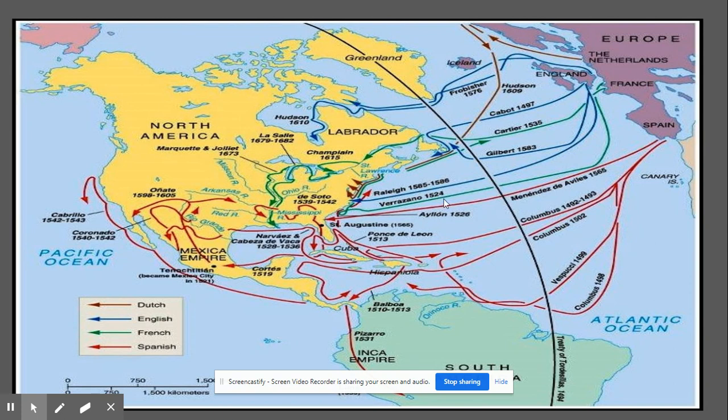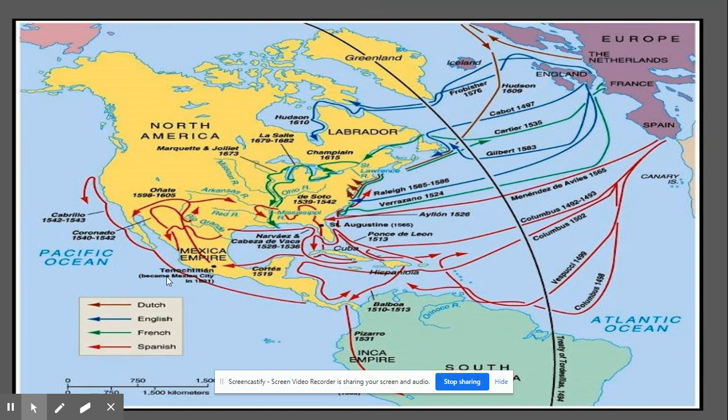So understand, all of these different lines that you see are going to be different explorations. If you'll notice, we weren't the first ones here. There are going to be a lot of different explorations and a lot of new passages found. If you'll notice, like the St. Lawrence River that runs in far North America and through parts of Canada. It also goes through the Great Lakes, all the way down to what we know as the Mississippi River, and the Hudson Bay, which is going to be founded by Hudson, if you didn't know that.